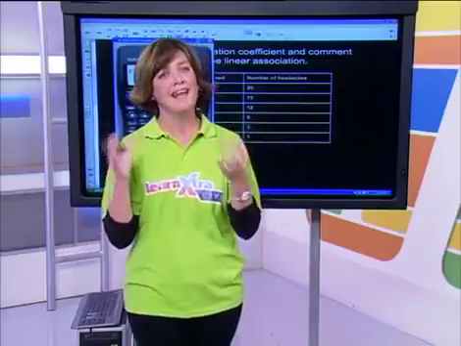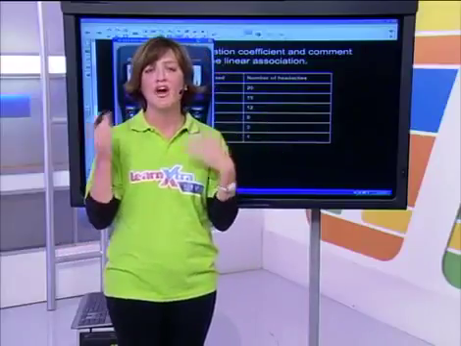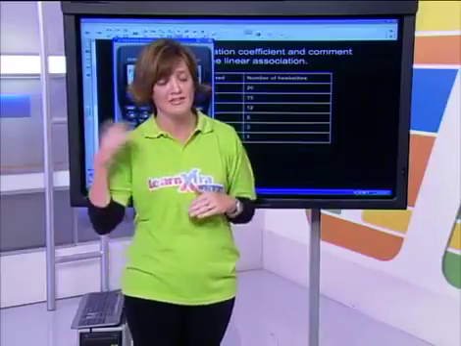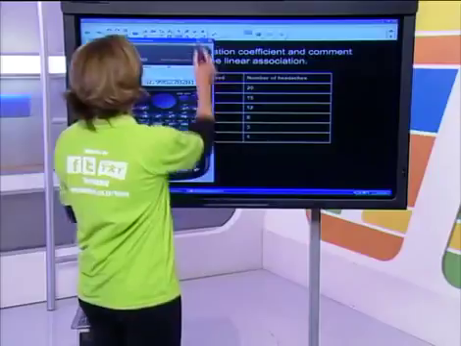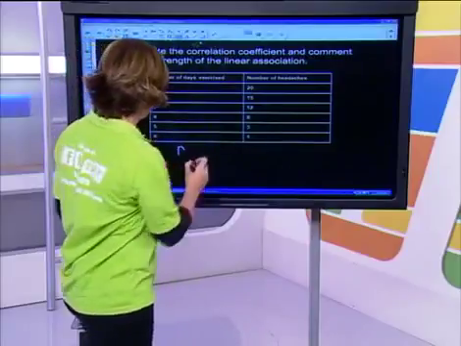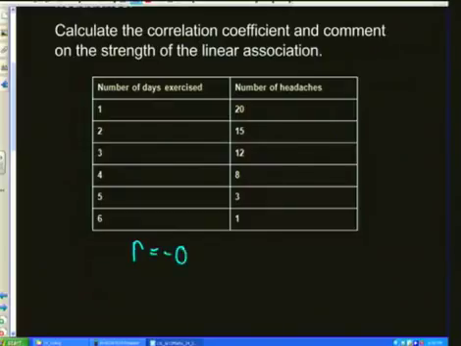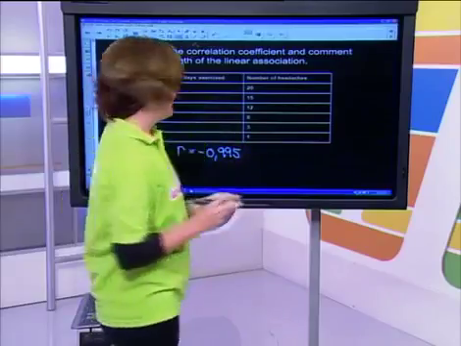And remember, a perfect negative 1 answer would mean a perfectly negative correlation, that the more of one, the less of another, okay? Now, there is obviously slight variation here. There's obviously the odd person who exercises and who still gets headaches. But for the most part, the more we exercise, okay, and let's just quickly fill that in, negative 0.995, okay? So that's the correlation coefficient, which means that what we can state about that is that there is